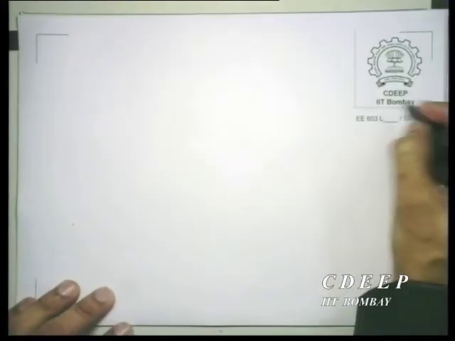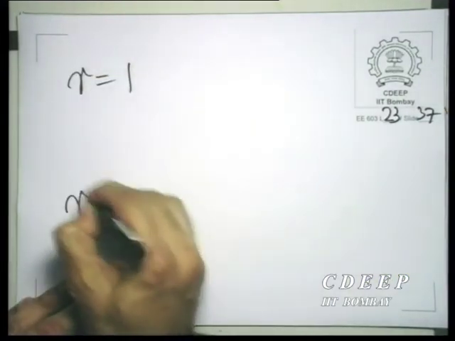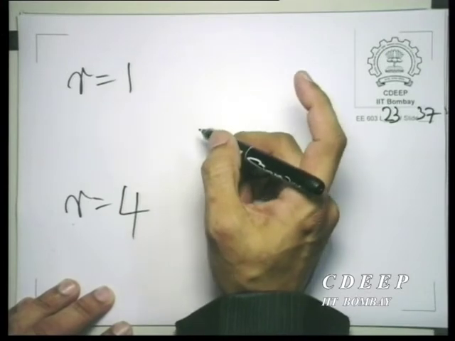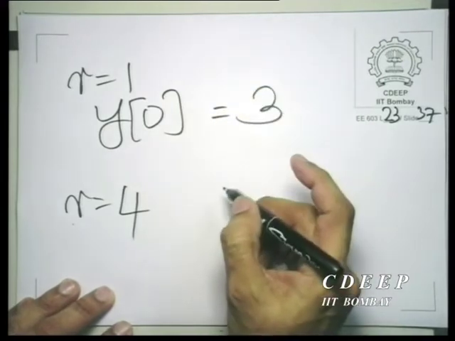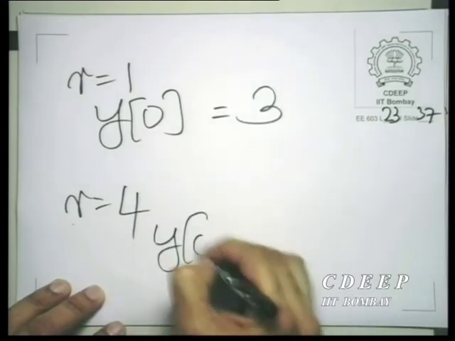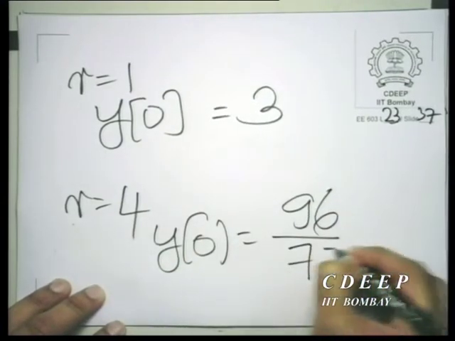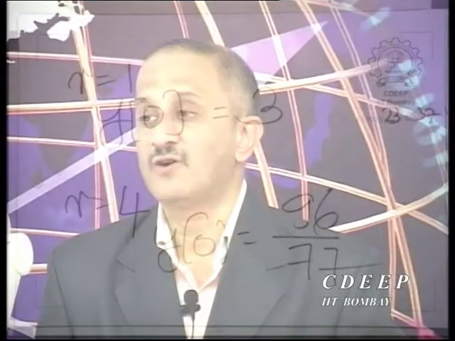And you are given two different cases here. You are given the case r equal to 1 and r equal to 4. And you were told that the sample y[0] was equal to 3 for r equal to 1. And for r equal to 4, the sample y[0] was 96 by 77. So, obviously, we have two equations in the two unknowns a and b, because you can substitute r equal to 1 and r equal to 4 in the x. So, you have